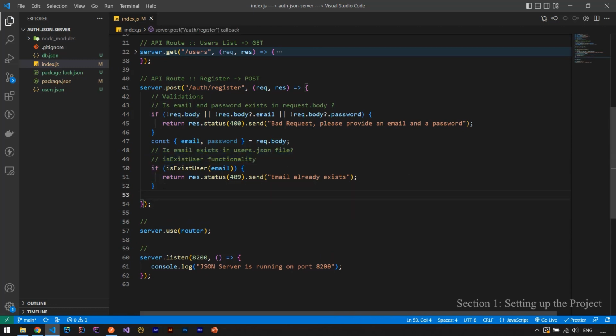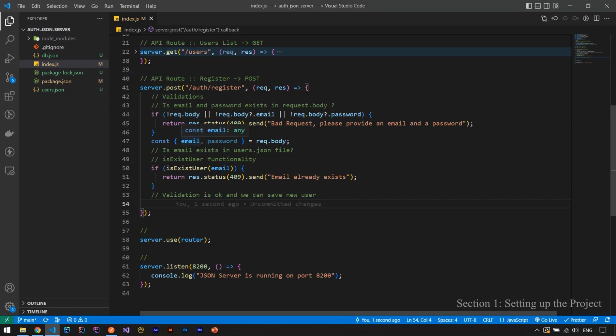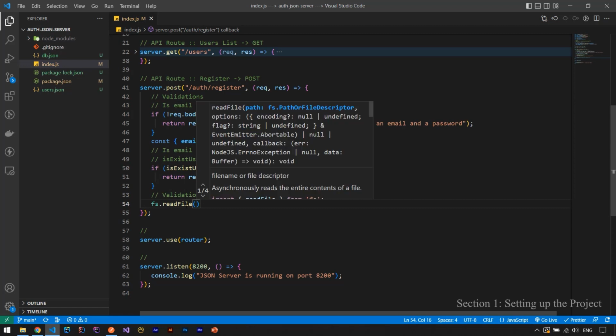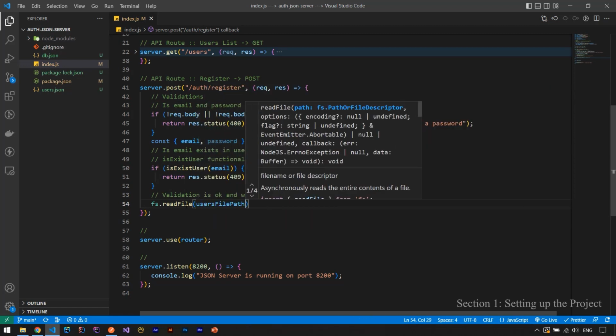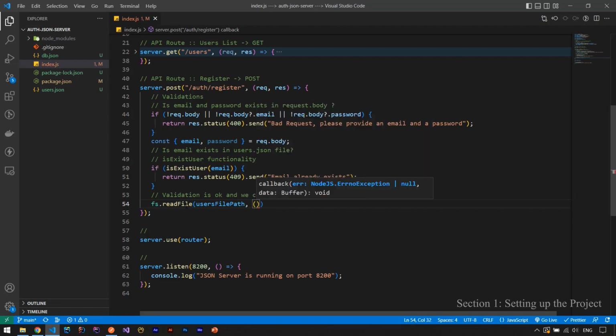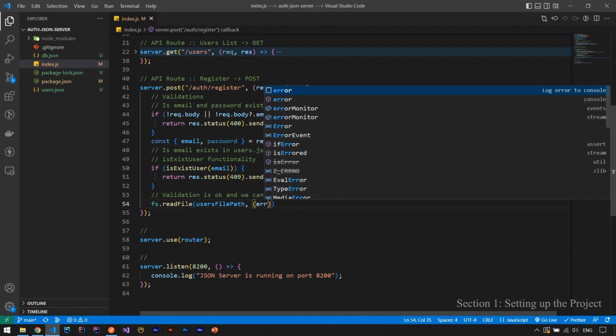So for now, validation is okay, and we can save the new user, and that's it. So for now, we can open this users file and add the new user to these users, and then save the changes into our users.json again. And we can simply use fs.readFile again, and the first thing is path, which is users file path, and the next thing is the callback function. This callback function has error and the file data,